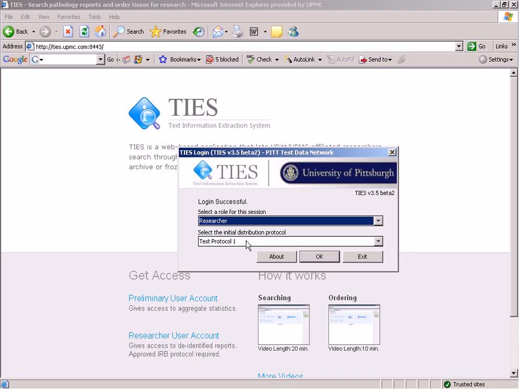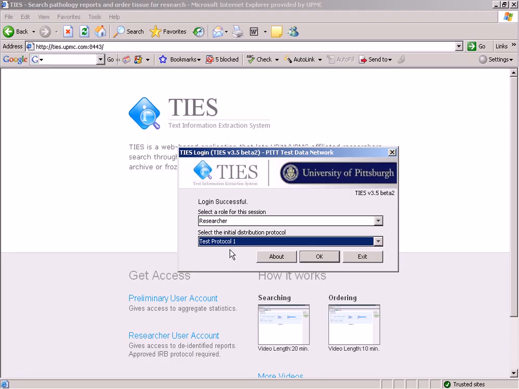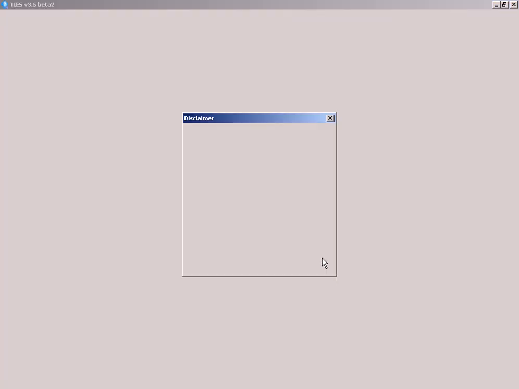Now, if you log in as a researcher or an honest broker, you need to select a distribution protocol. So select the appropriate protocol for what you want to be doing and click OK. And then